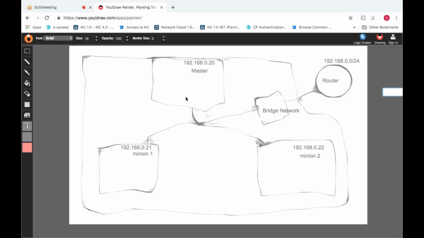Cluster in the sense, grouping multiple servers together is called a cluster. The meaning of cluster is different. See, these are multiple servers, right? These multiple servers you are grouping together under one platform, that is called a cluster. Okay. Kubernetes is a cluster and it is an orchestration tool.